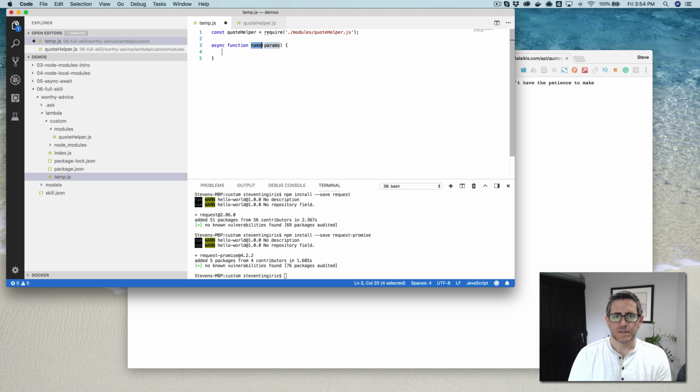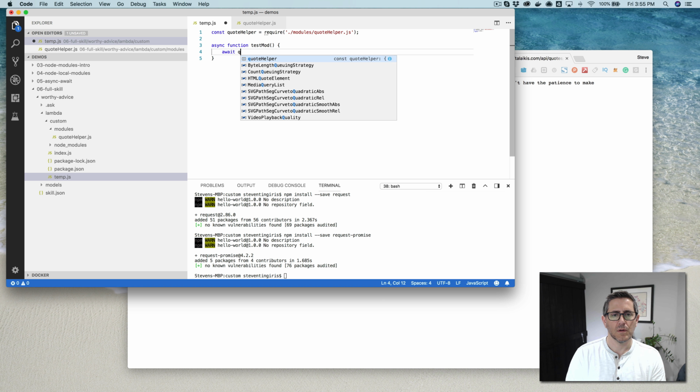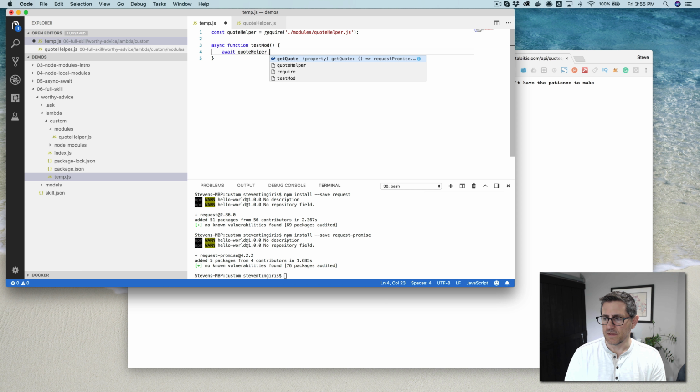And I'm going to call this test mod, for a test module. Not a very great name, but it works, and I don't need any parameters. And then in here I'm going to use my await keyword, and I'm going to await quote helper and the get quote, and then in here I'm going to then